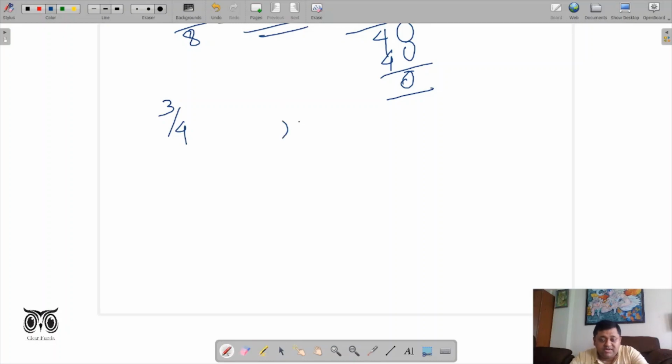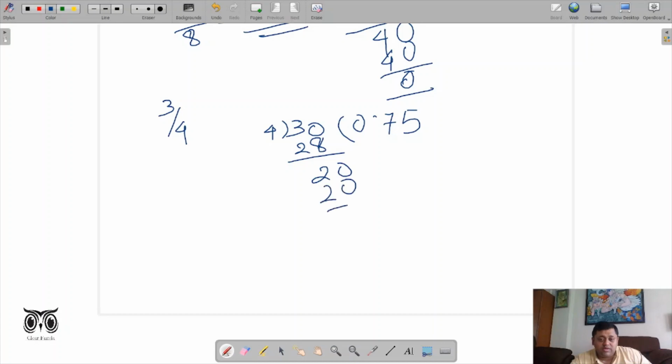3 is the dividend, 4 is the divisor. Okay, so 0, this is 30, 4 sevens are 28, 4 sevens are 28, we have got 2, 0. So this is 5, this is, okay, so you see this is the